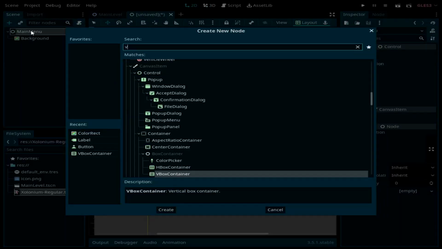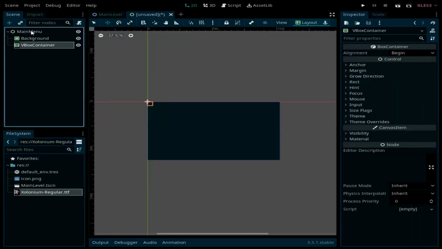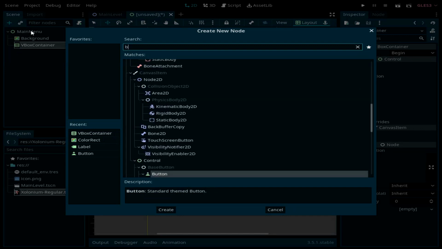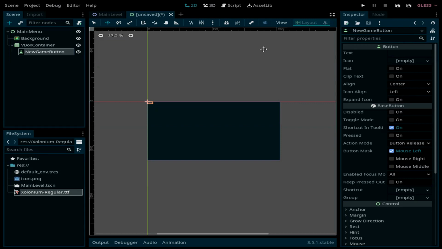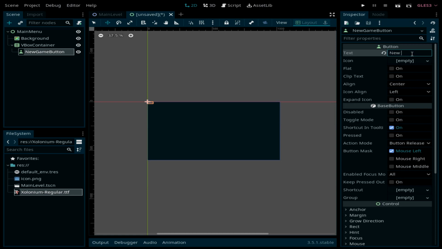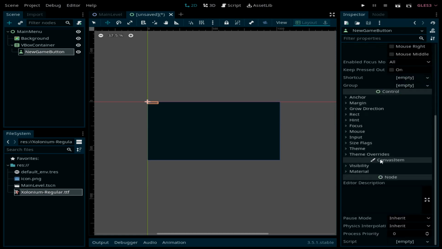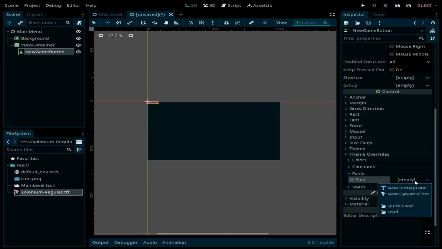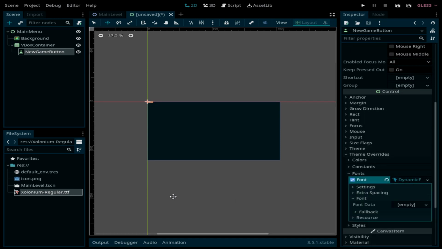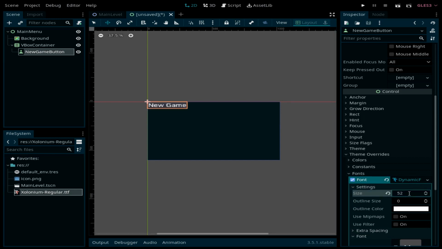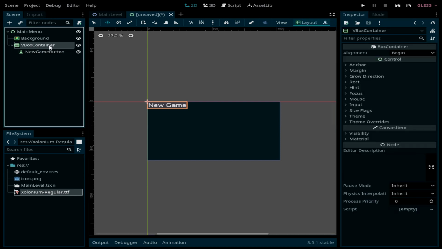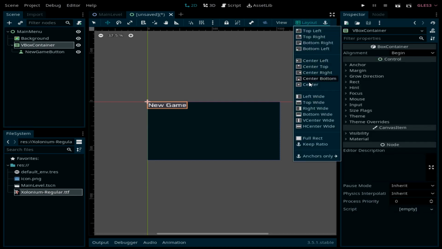Now I'm gonna add a VBox container that will contain a button. This button is going to be the new game button, and we have text of new game. And again, down here in the theme overrides, we need to create a new dynamic font. Click and drag this file. I'm going to change the font size to 52, and I'm going to center this VBox like this